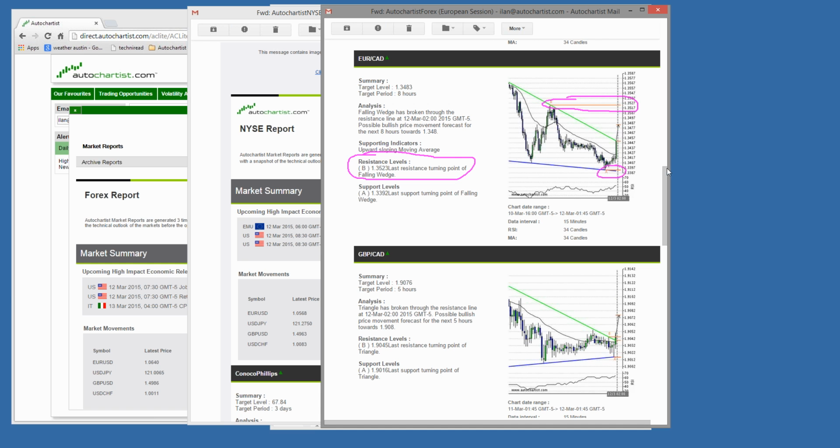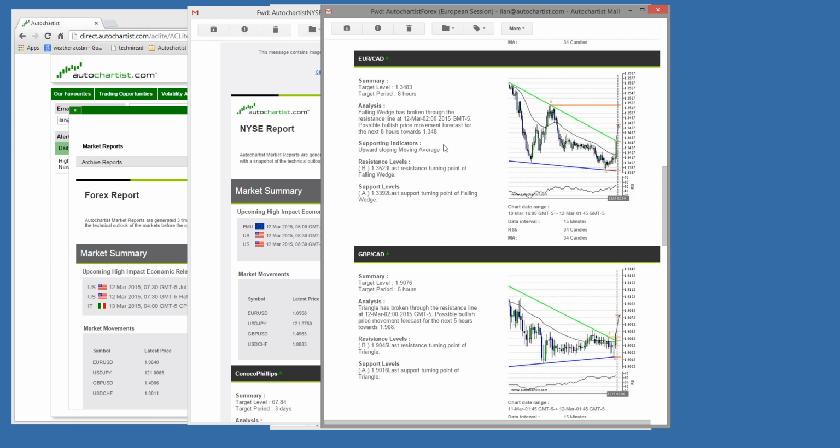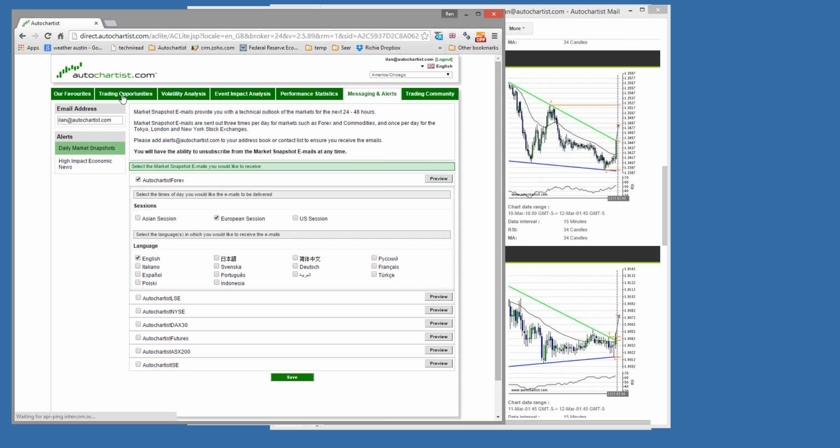Okay, that is actually what I want to show you in this presentation. What I also want to just mention is that obviously what you should be doing is not trading completely off these email reports, right? Of course, you need to go into your Autochartist application and actually look at your trading opportunities,